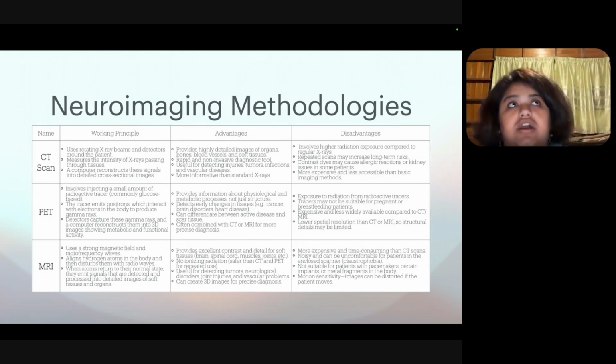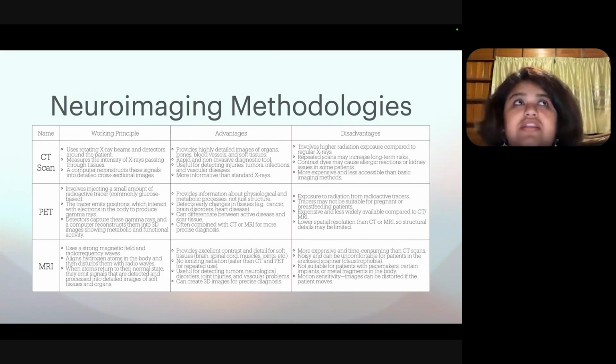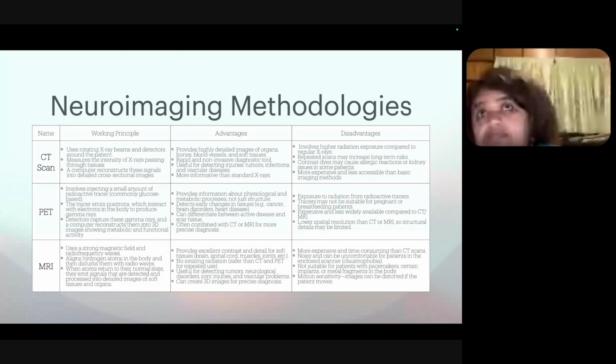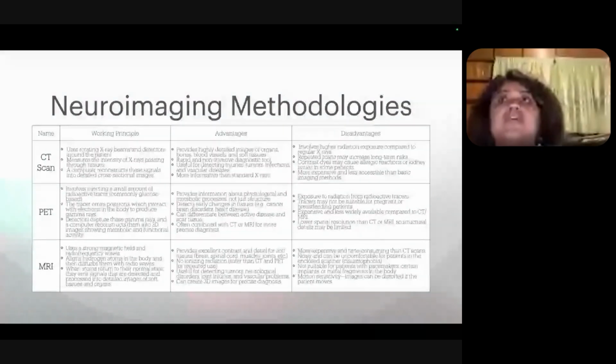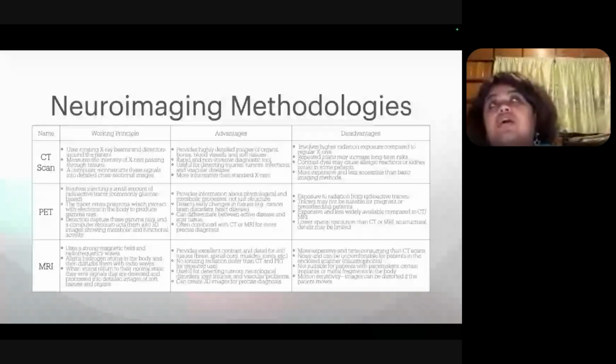Now, when that alignment is done, a radio frequency pulse is sent to the machine, which causes a disruption in that magnetic field, and that disruption is caught in the computer as signals, which show the brain and the various types of images it can give us. It can give us the changes in gray matter. It can give us the changes and development in white matter tracts. It can also show us the real-time changes in various regions, which are important for crucial activities or behaviors.